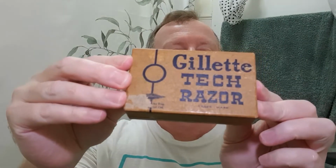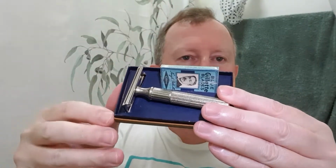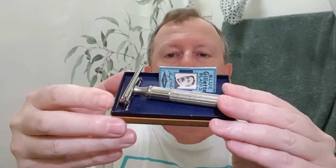The razor today is one that I haven't shaved with. So it's a Gillette Tech razor. Now this one is pre-World War II. Pity about that little loss there of covering, otherwise that would be just almost perfect, wouldn't it? So let's open her up, and I've just got to be careful here because this can easily fall out. So there it is there. Inside it's near mint condition, but a good thing with three-piece razors is they're really easy to clean after a shave. So I'll take it out,